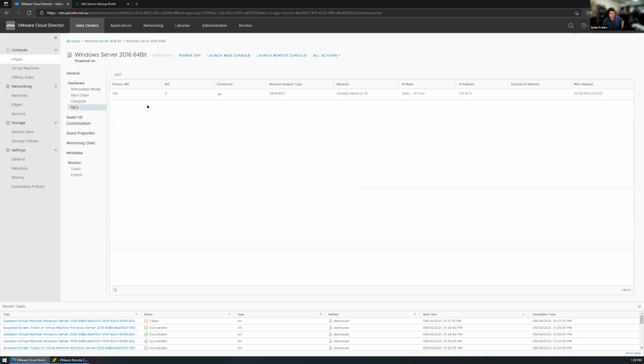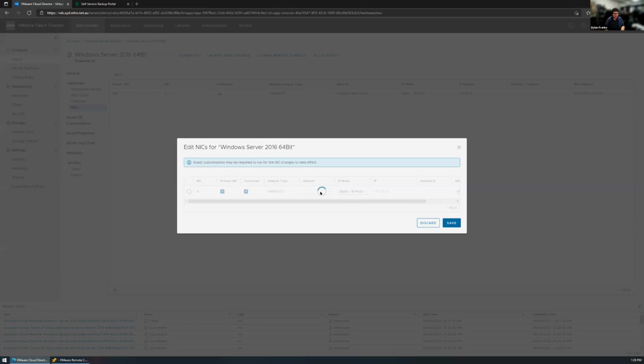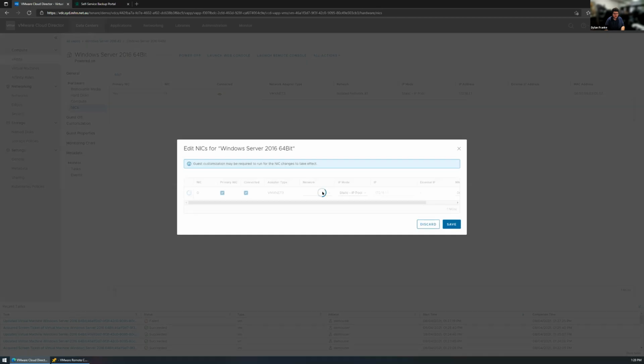as well as the networks. So with Windows, you can add networks on the fly. If at any point it's going to try and do something that it doesn't support while it's turned on, it'll just throw a warning at the top, like you saw before. But you can change networks on the fly. So it's just going to think about it for a second. So you can change networks, but you can also add network adapters, right?